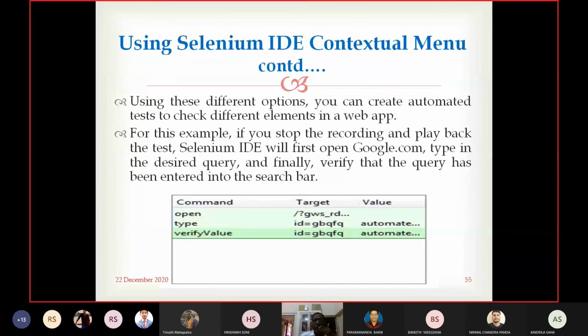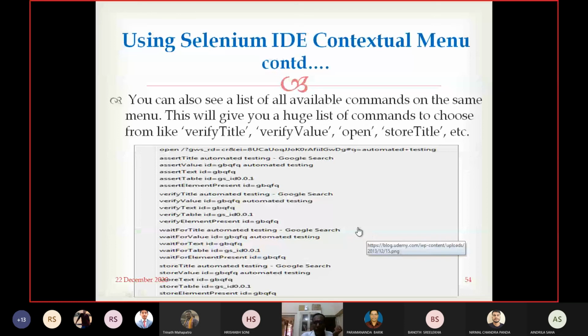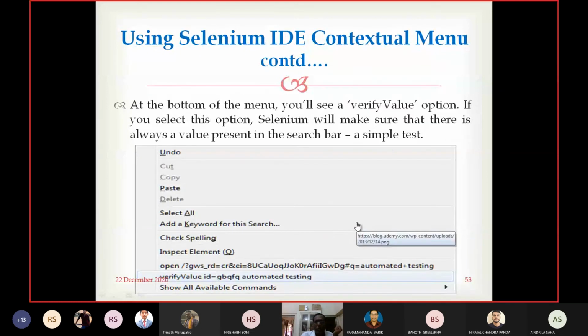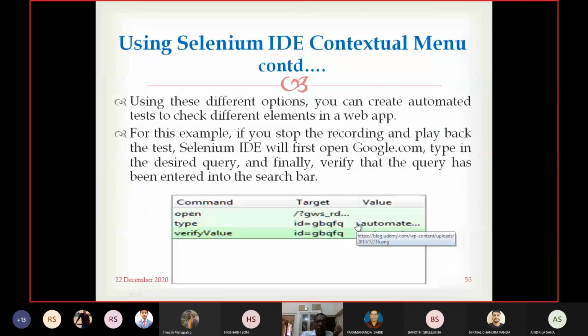For this example, if you stop the recording and play back the test case, Selenium IDE will first open. What we have done in this example: first open google.com. So it will first open the google.com website, then type in the desired query, here it is automated testing, and finally verify that the query has been entered into the search bar.